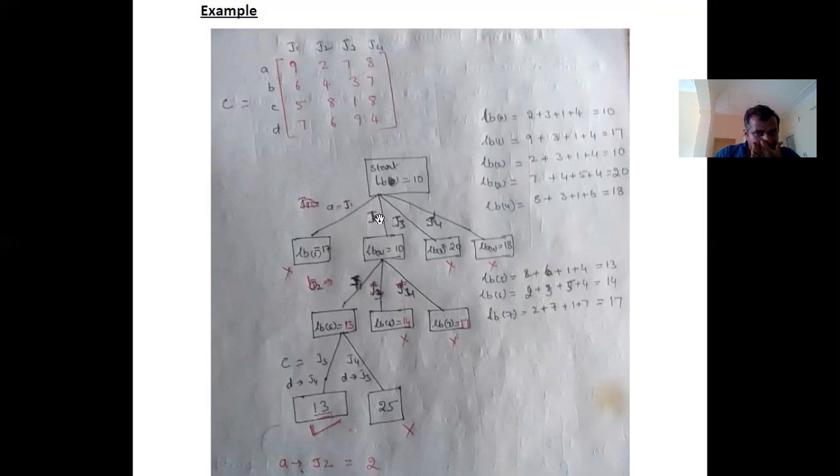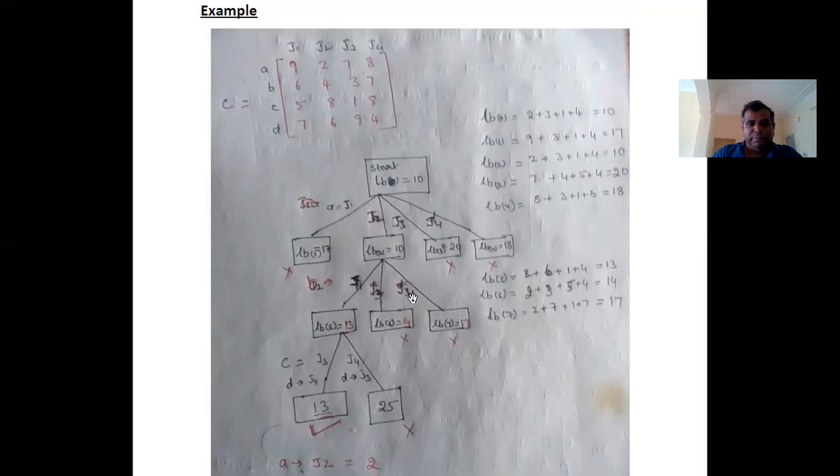The two assignments are done, so find the minimum value of the remaining two rows, 3 and 4. The cost is 13. Similarly, for node 6, A is assigned to job 2 and B is assigned to job 3. The minimum value of the remaining rows is 5 and 4. So the lower bound value of node 6 is 14.